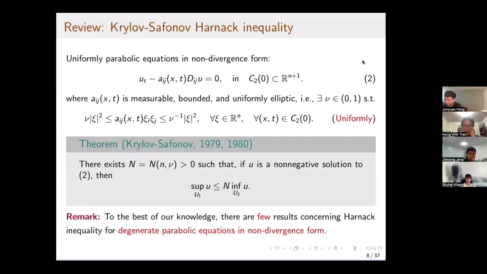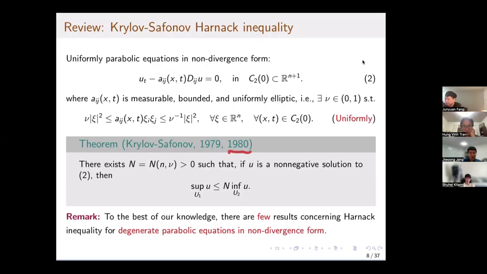Since my talk is basically on the parabolic case, I show the parabolic version of Krylov-Safonov. Okay, so u_t minus a_ij D_ij u equals 0 in this cylinder. a_ij still satisfies the uniformly elliptic condition. It doesn't have to be regular. Okay, so in